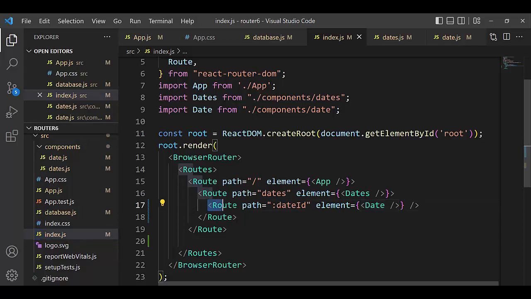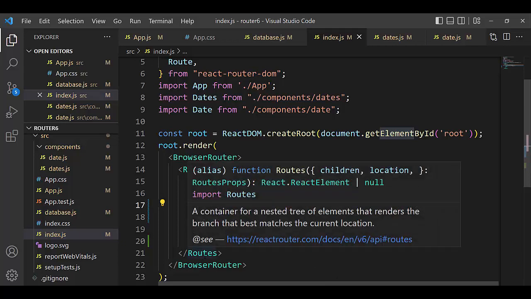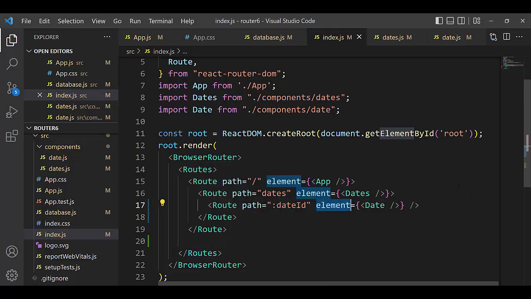this root element has two properties. One is path, and on the right side is the value. Here the value is a variable: colon date ID variable. And the properties element equals date. Two properties go with root, and